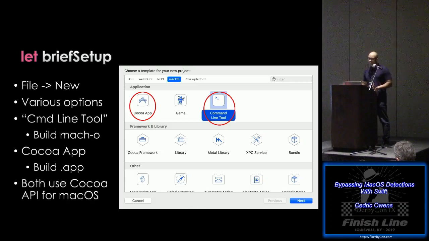So once you're inside of Xcode, this is kind of what it looks like when you start a new project. As you can see here, there are tons of different options of what you can build through Swift or Objective-C. For this talk, I'm focusing on the command line tool option at the top, which I've used to build standalone Mach-O binaries, or the Cocoa app, which I've used to build app packages for Red Team use as well. But there are tons of other options, and they all allow access where you can use the same powerful API